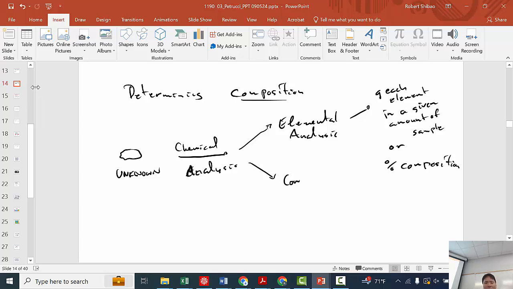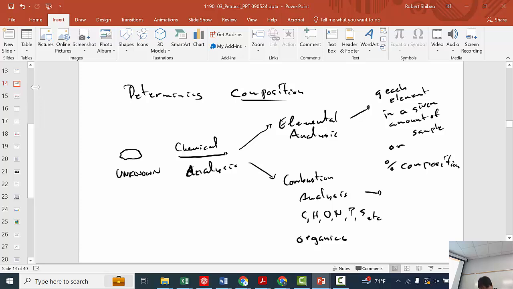We have another type of elemental analysis. This is called combustion analysis. You know, this is for carbon, hydrogen, oxygen, nitrogen, phosphorus, sulfur, etc. And these are typically organics, because a lot of them are flammable, like ethanol. And so we burn this. And then from this, what we end up getting is